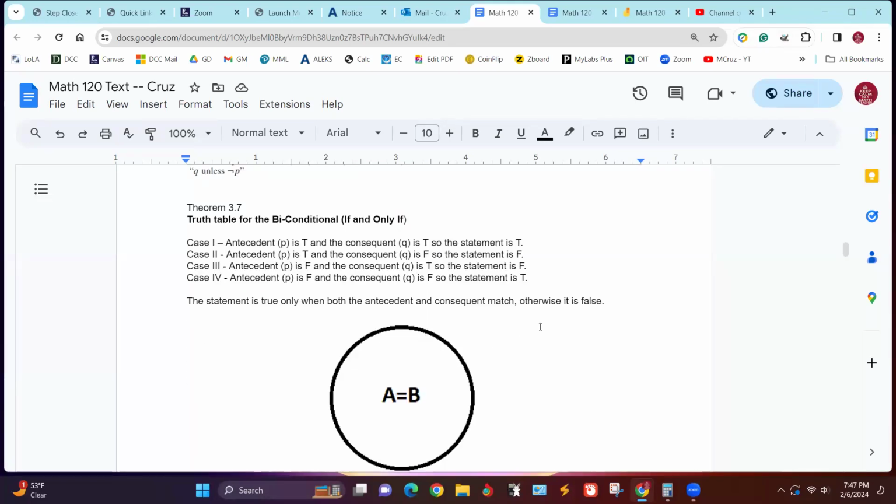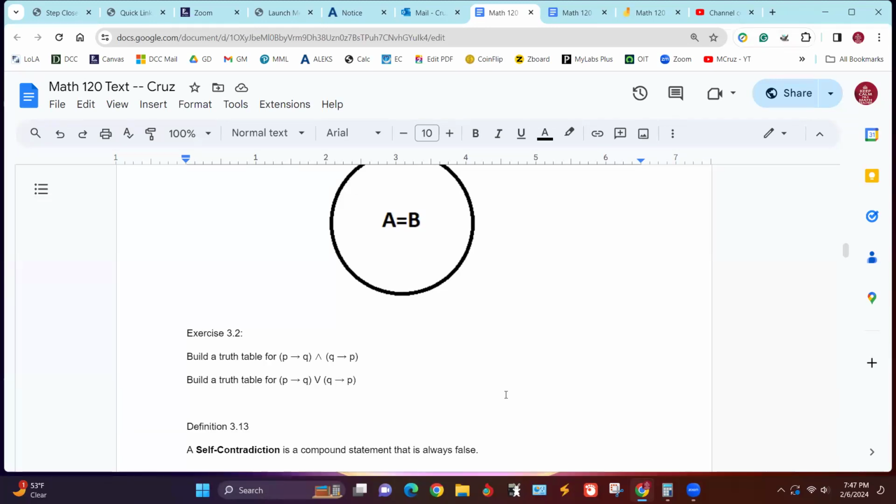biconditional works like this. A biconditional essentially just means equivalence. So if the truth values, in other words, the antecedent and the consequent, are the same, it doesn't matter about order, because if they're the same, if they're 2 truths, then it's true. If they're 2 falses, it's also true. The only time it's false is if they're unmatched, true false or false true. And that relates back to the idea of the equal sets.